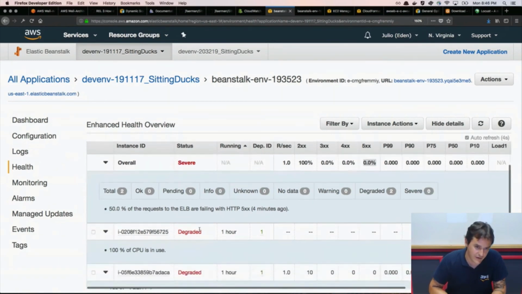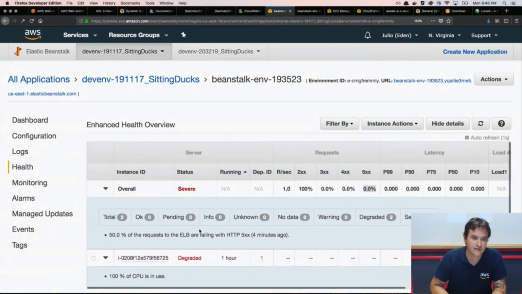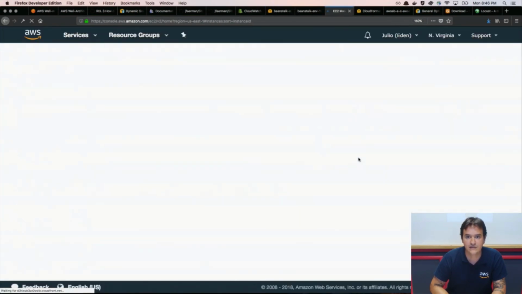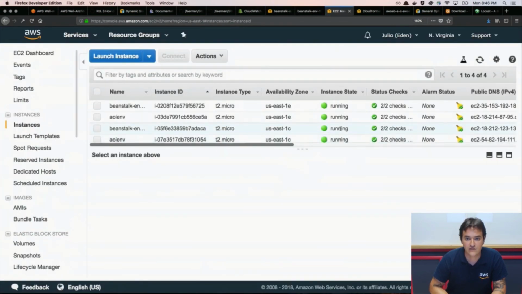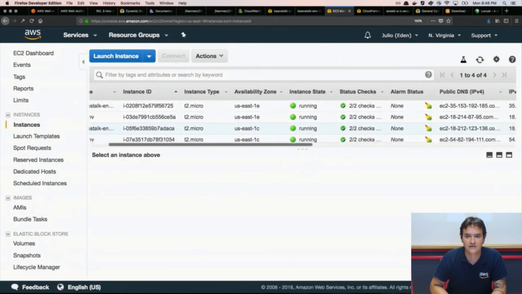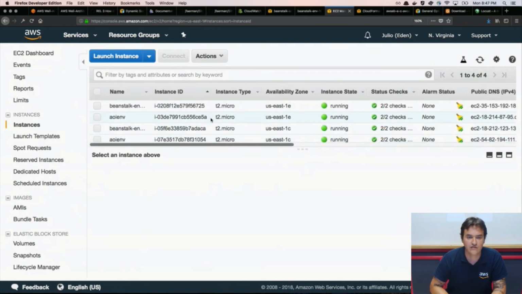Now it's degraded. Let's hope we can see something here. Those are for the new environment, but